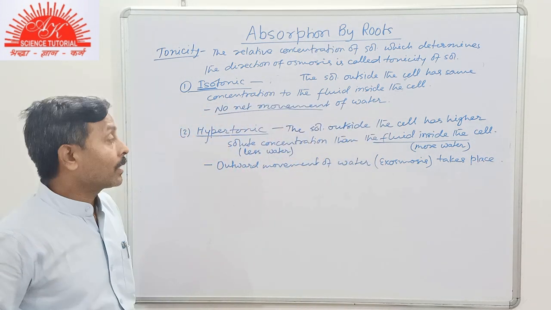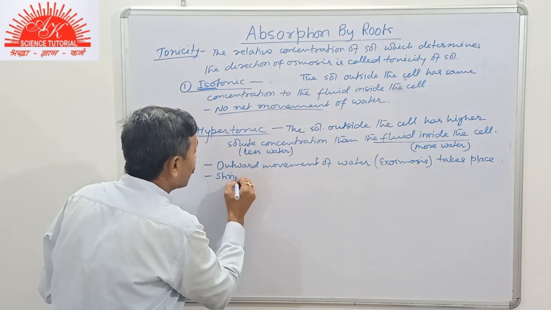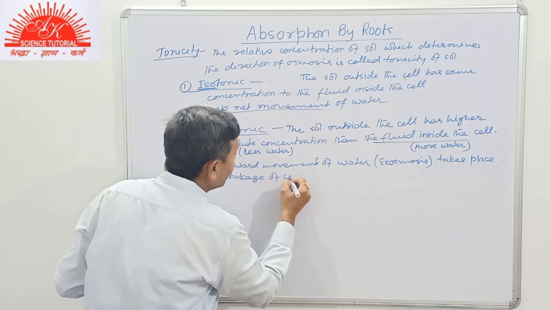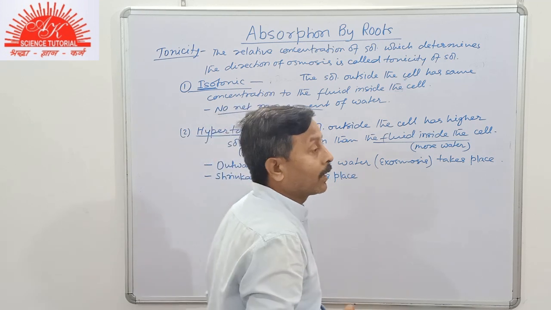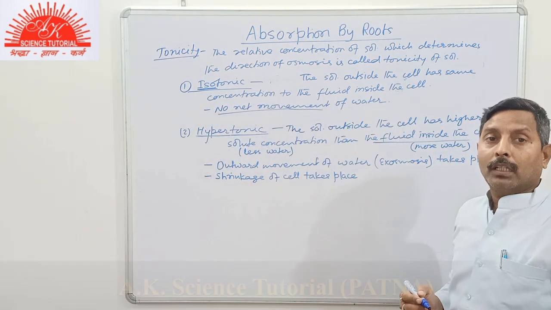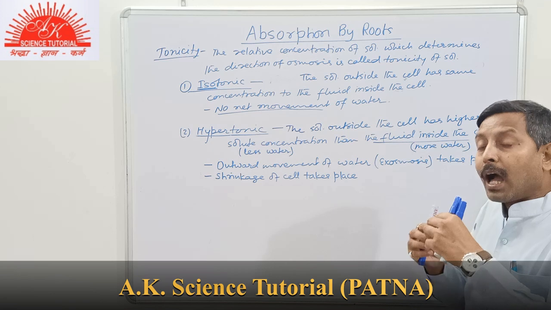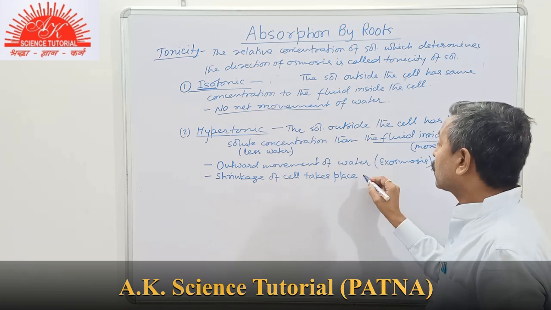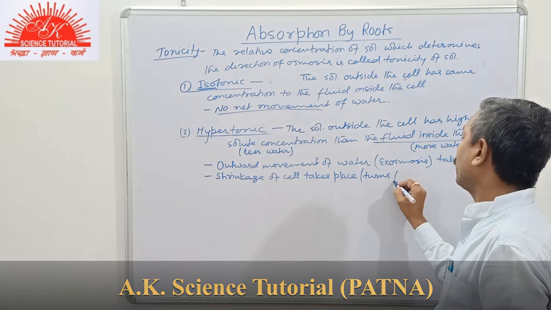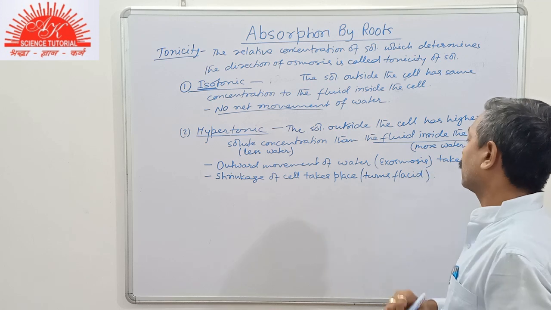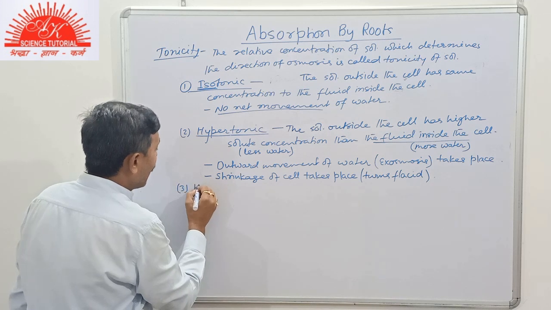And if it happens, in that case the shrinkage of the cell takes place. The cell will shrink, the cell will become loose. In case of a plant cell, if the cell wall is rigid in its place, then there will be no outward pressure exerted over it, so it will turn flaccid or loose. Flaccid. Clear, student?